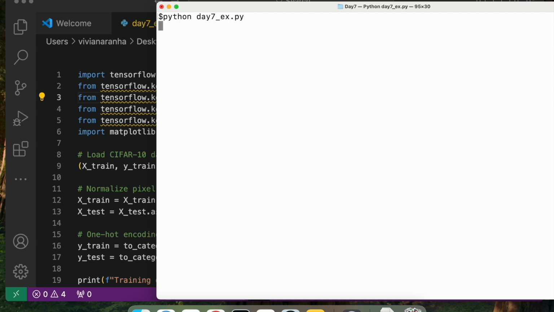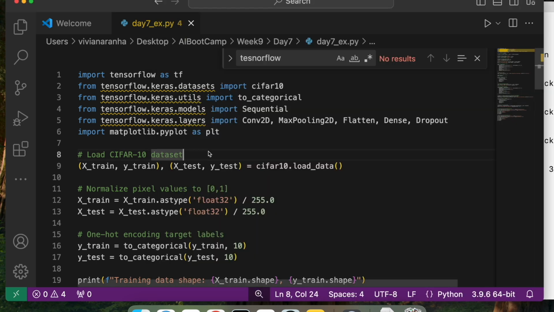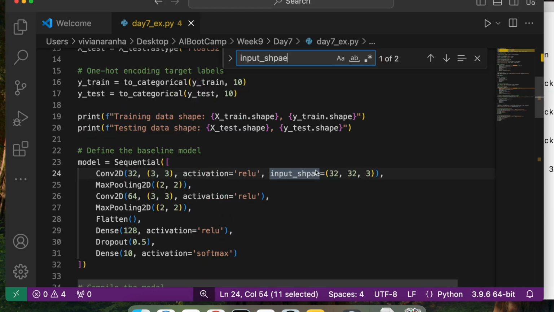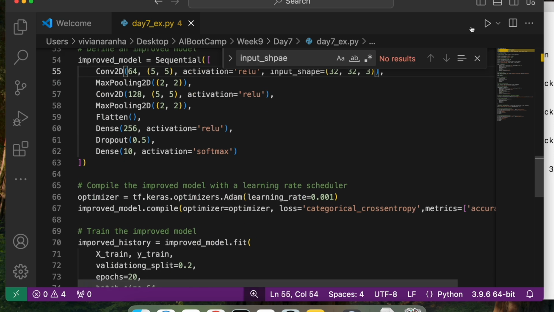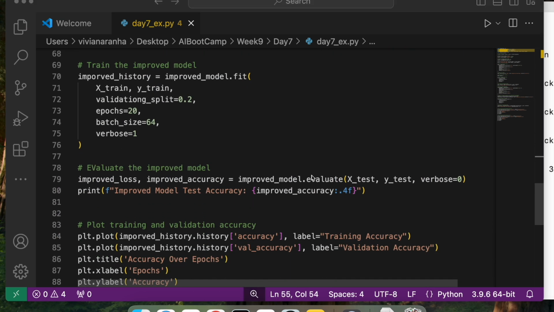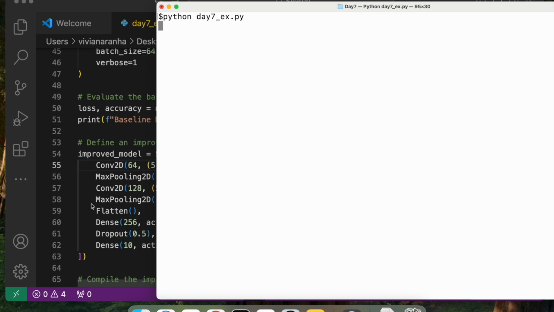Clear it out, run it again. Looks like I have another error here where I have misspelled the shape. Happens all the time. Shape. Let's see if I am doing it since I copy paste. I'll have the error types. Perfect. Let's hope no more errors. Let's run it one more time. Third time is the charm.